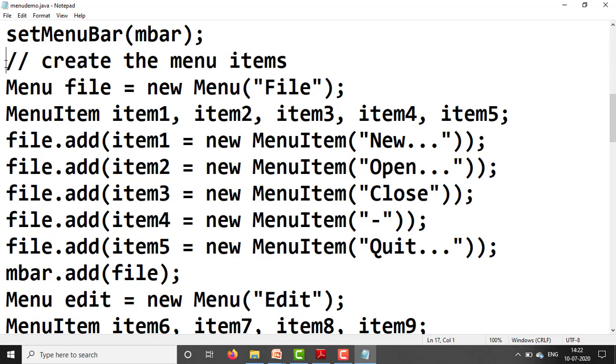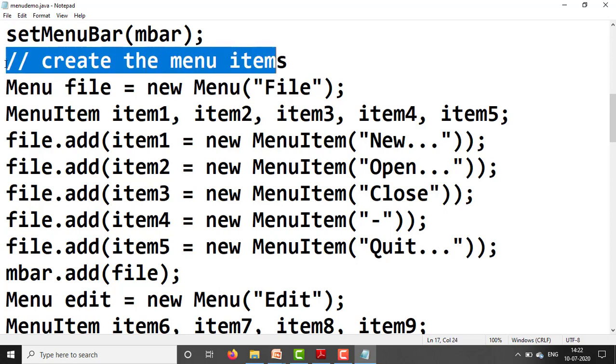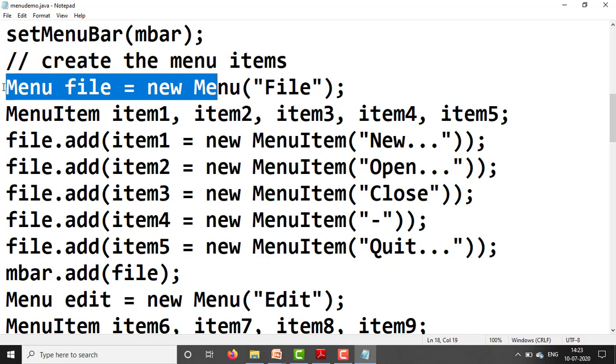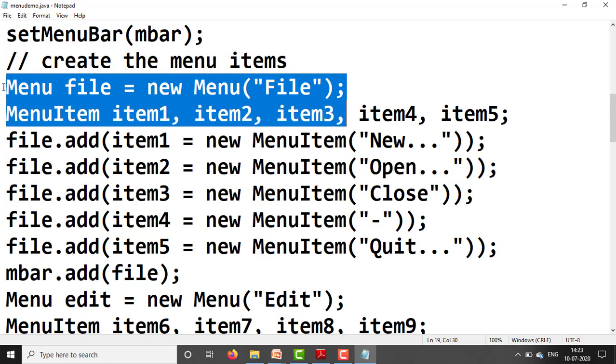Next, create some items. Create the menu items. The first menu you have created is file: Menu file = new Menu("File"), with capital F as the caption for that menu. Next, for this menu we have created some items, MenuItem item1, item2, item3, item4, item5.